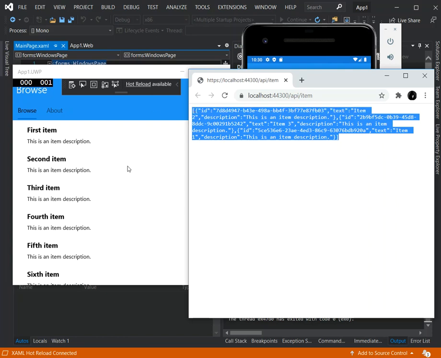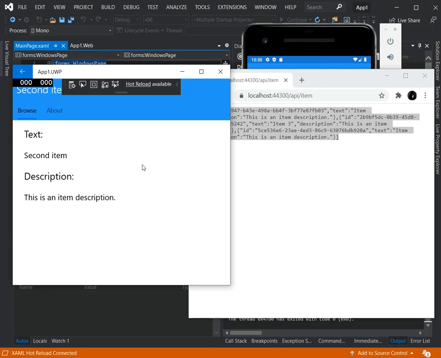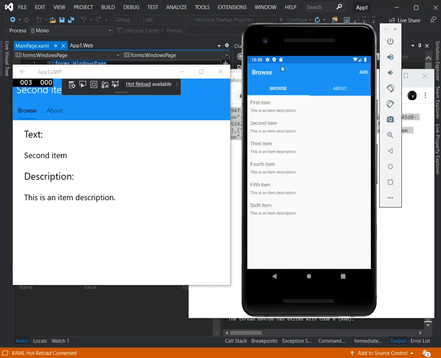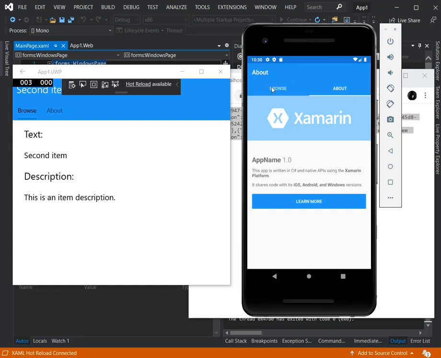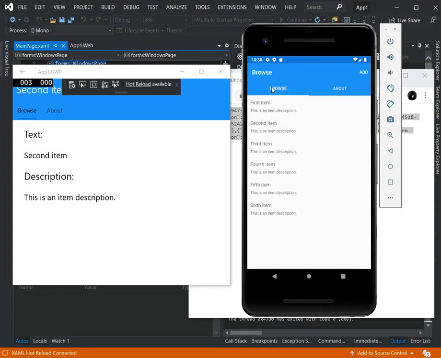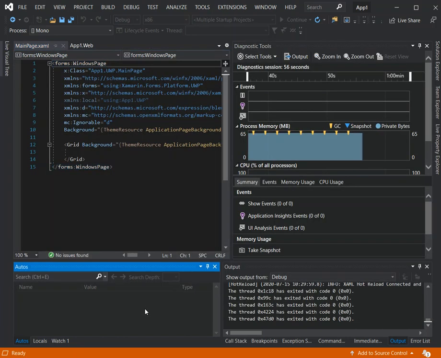We've got the received items inside our UWP here now. And then we've also got our Android application displaying the same stuff. As you can see, it's very simple, not very complicated. But obviously, to be able to get started,